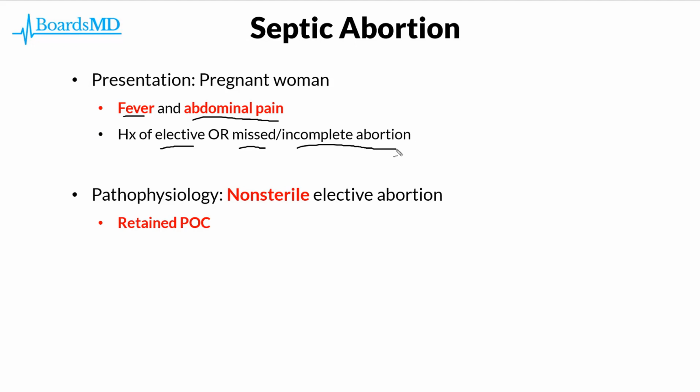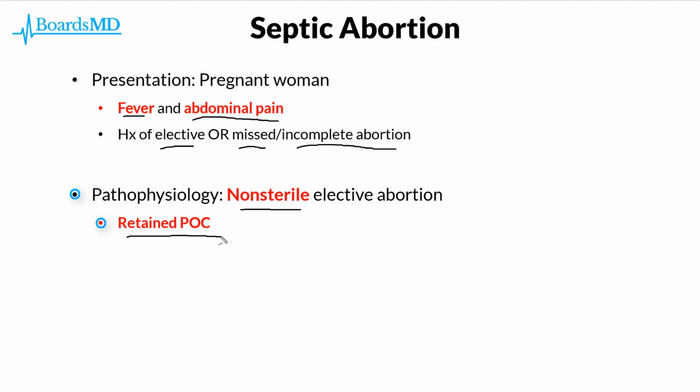This is consistent with the underlying pathophysiology of septic abortions, which is most commonly a non-sterile elective abortion. In this case, there are going to be retained products of conception, which ultimately become infected, leading to the development of a septic abortion, which is very much a feared complication of spontaneous abortions and is considered to be